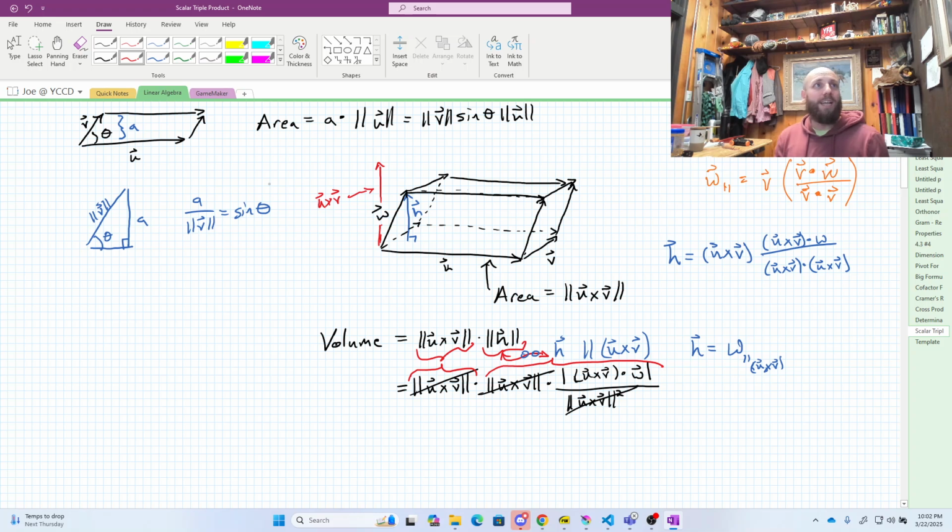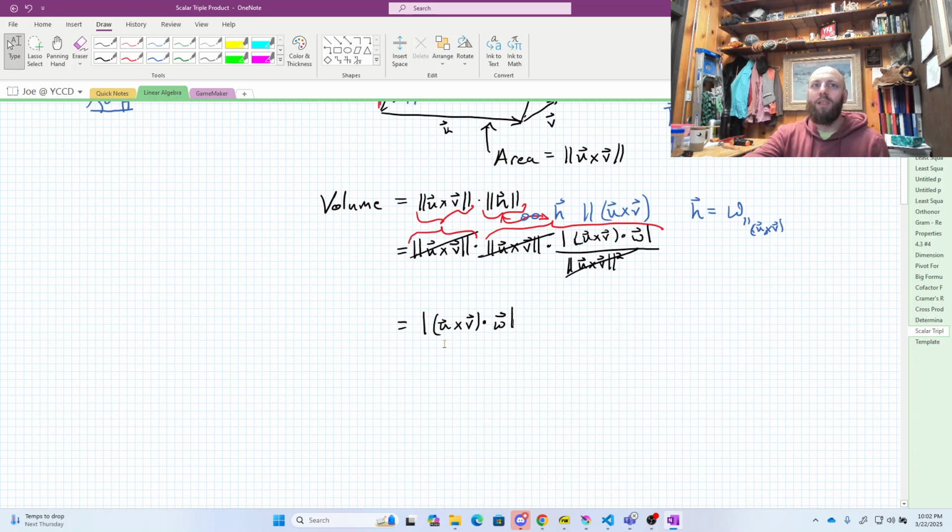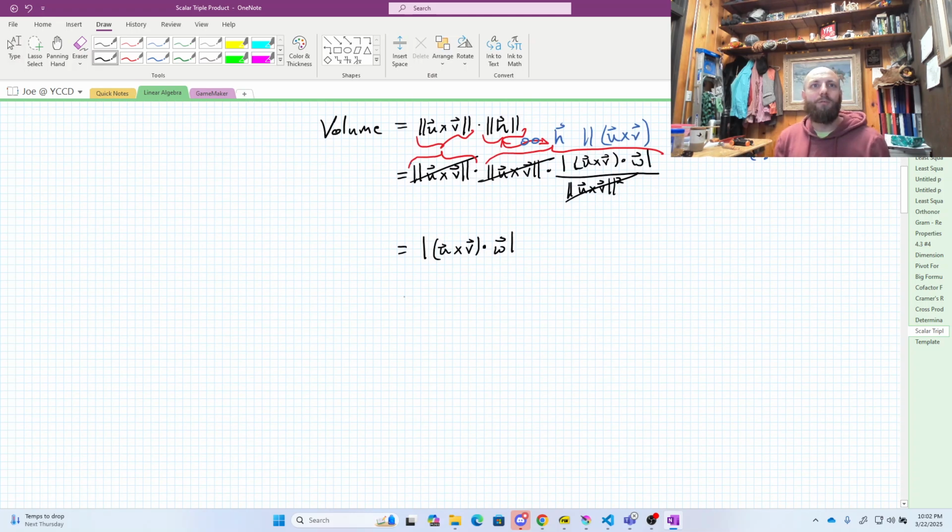Okay, after we do our cancellation, we find out that our volume is actually just equal to the absolute value of u crossed v dotted with w. I'm just going to rewrite this real quick, as the absolute value of w dotted with u crossed v. This is just a cosmetic rewrite, but it's going to make my life just a tiny bit easier